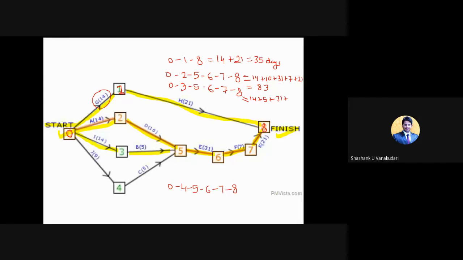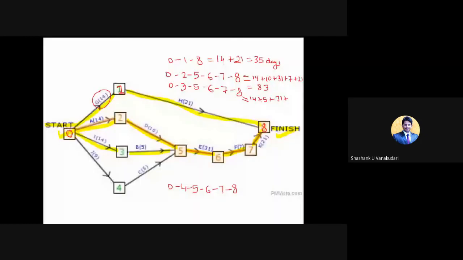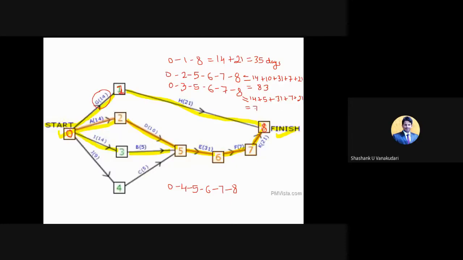Is there any doubt? Third one, okay. 14, 5, 31, 7 plus 21. Total how much is it, Shashank? 78. Okay. And moving on to the next path now.